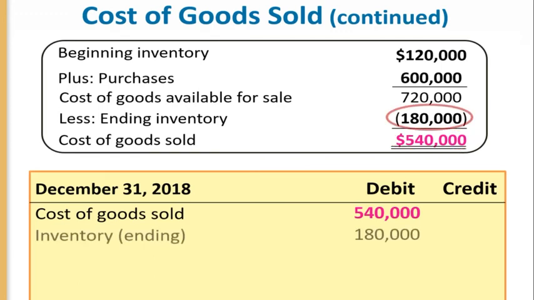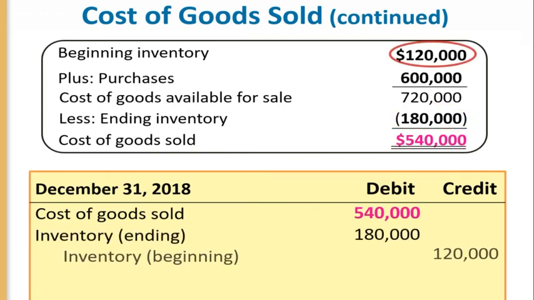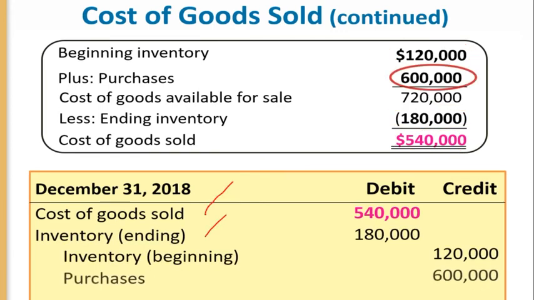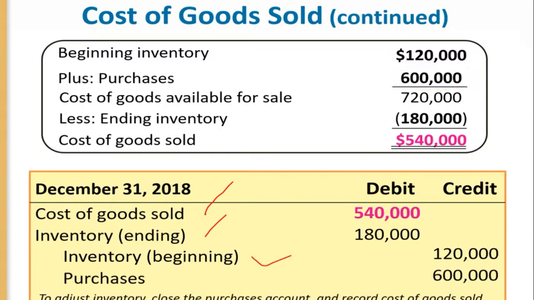And how to record the cost of goods sold? Cost of goods sold debit, then ending inventory debit, beginning inventory credit, and purchase credit. Okay,